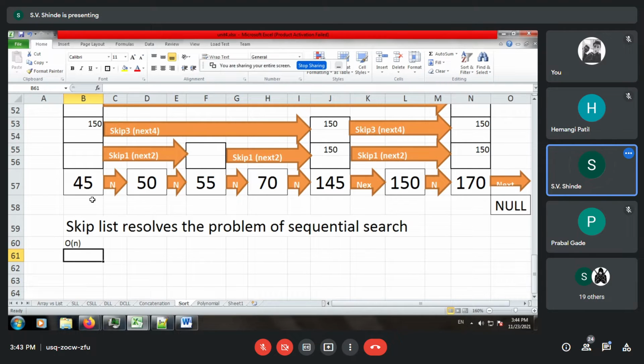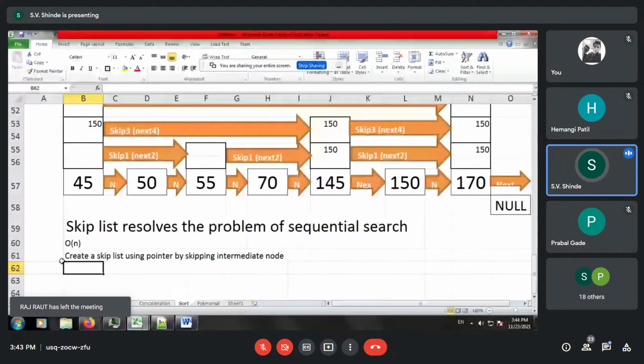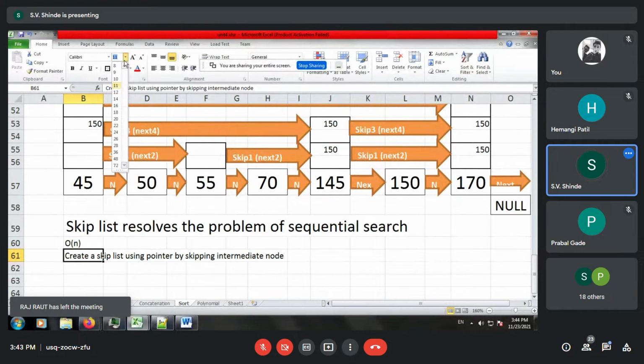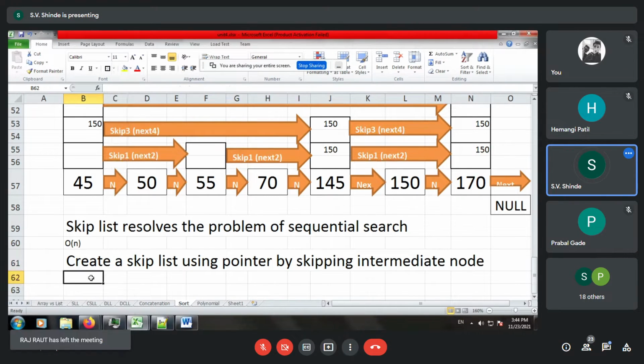How does it do this? It creates a skip list using pointer methods by skipping intermediate nodes. Now how are they connected? They are connected in a ratio.